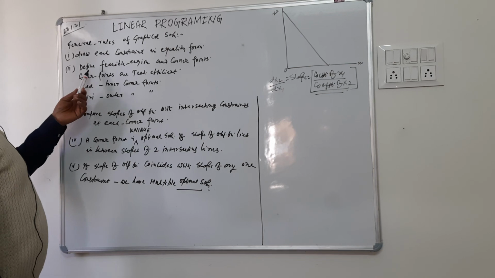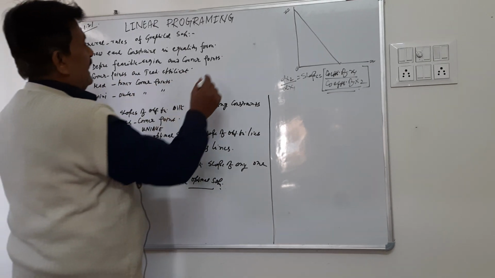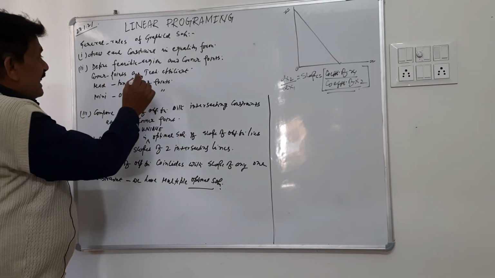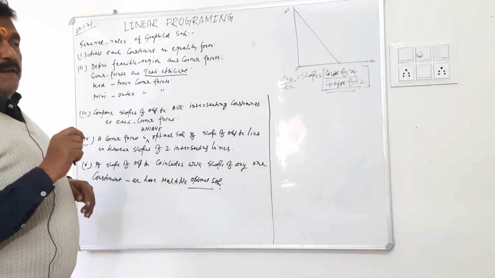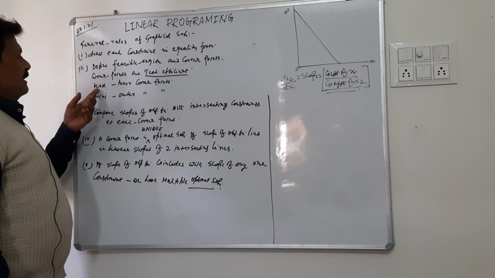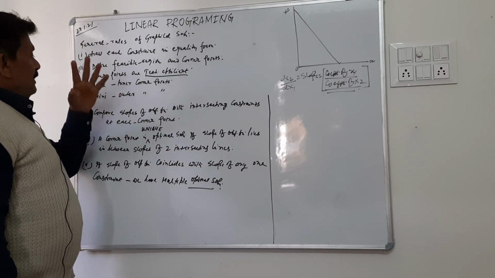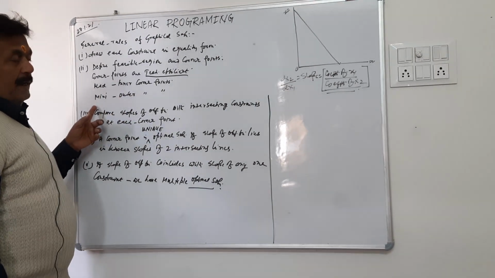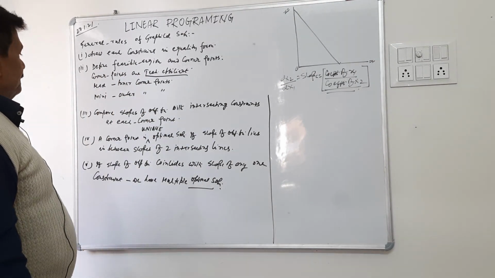Secondly, define the feasible region and corner points, because corner points are technically efficient points where production is supposed to take place. Now, if we are dealing with a maximization program, the inner corner points will be our feasible region, and if we are dealing with a minimization program, it will be the outer corner points to be considered.